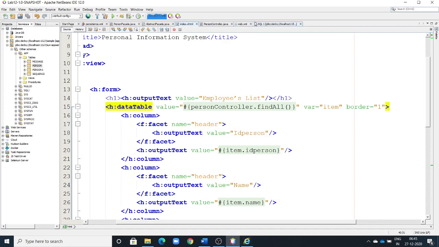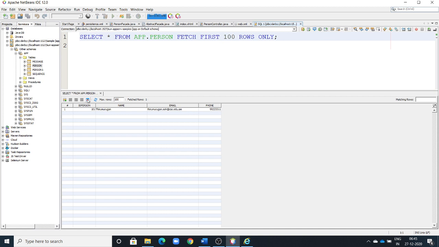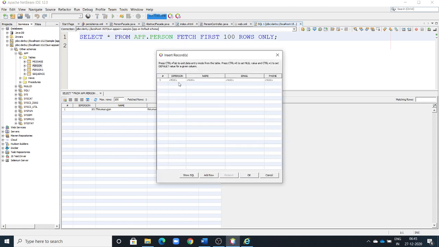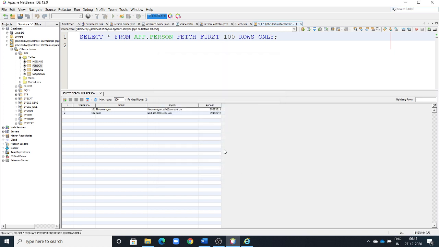Okay, item phone, find all. Okay, I'll add one more data. We'll see. Actually it must show. Now I'm going to add one more data. Okay, see that, 102, the name of the person is Syed. Okay, email is syed.soh@cas.edu.om. The phone number 99112244. Okay, click OK.